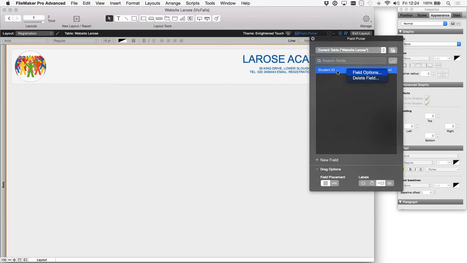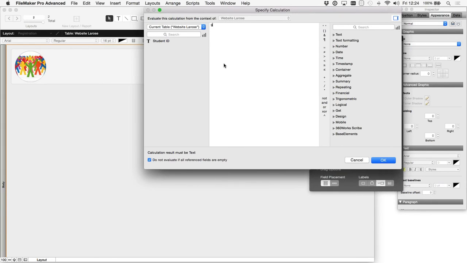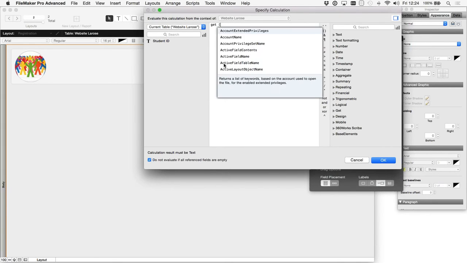But right click on this field once you've created it, you can go into the field options, and you can select some of these auto enter options. So for instance, if it was a date field, I could collect the day that the record was created or modified. Or in this case, I could bring up a serial number here to create a unique identifier, which is great. That's absolutely fine. There's another way of doing it at the moment, and that is to make it a calculation, to make it a calculated value. And one of the new calculated values is Get